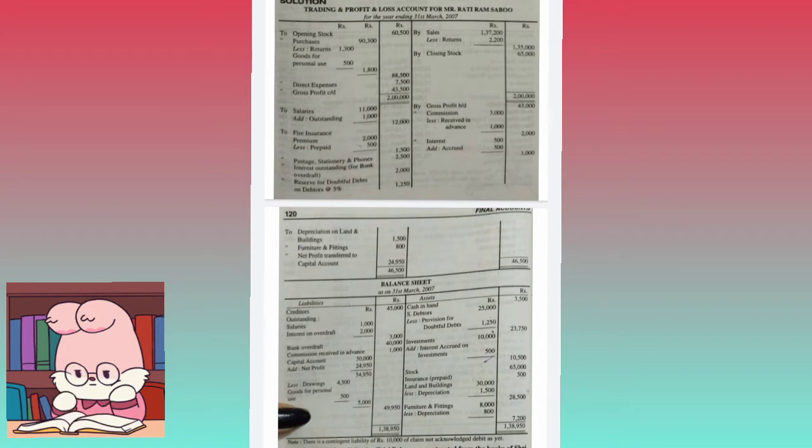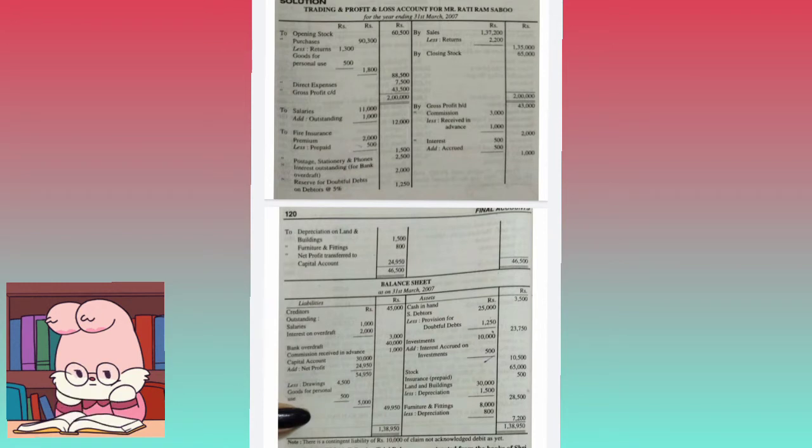Investments, take it to the asset side of the balance sheet. Interest and commission, take it to the credit side of the P&L account. And for interest and commission we are having adjustments, that is we have received the interest, we have not yet received the interest. It means accrued interest, the income which we earned but not yet received, so that is an accrued interest, added to the interest on the credit side of the P&L account, and take this accrued interest to the balance sheet as 500.